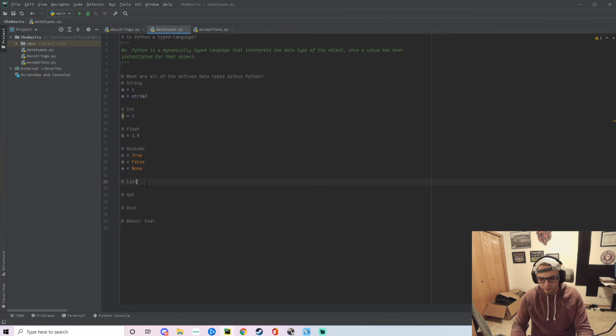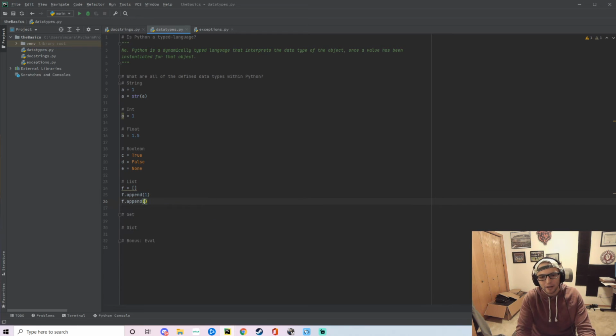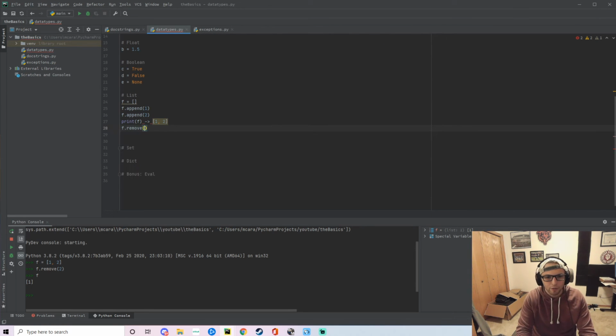Next up, we have one of the favorites. It's a list. So a list is kind of like a bucketing approach or an array in other languages. So let's go ahead and instantiate this with an empty list, and then let's go ahead and fill the list. So append adds things to the very end of your list. So if I do f.append 1, f.append 2, I print f, this is going to look like this. Then I'm going to go ahead and do f.remove 2, and now your value will look like this. So the dot remove and dot append are going to update the state of the object. That's basically what a list is.